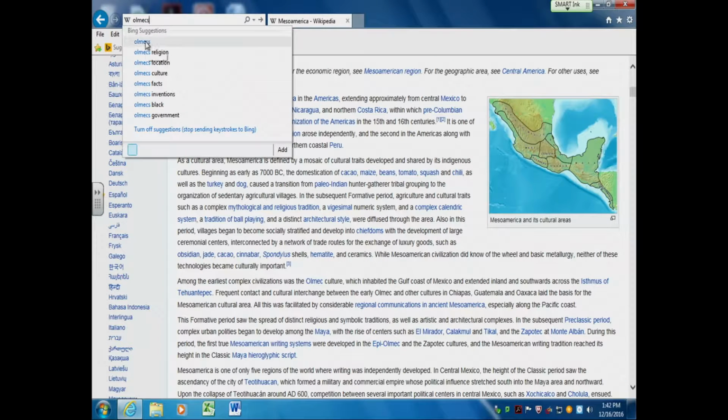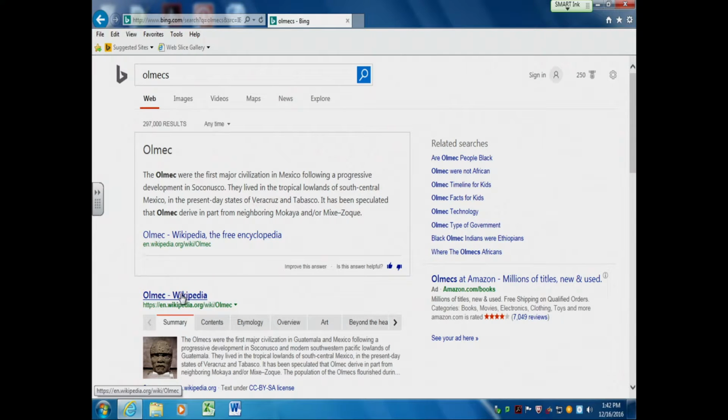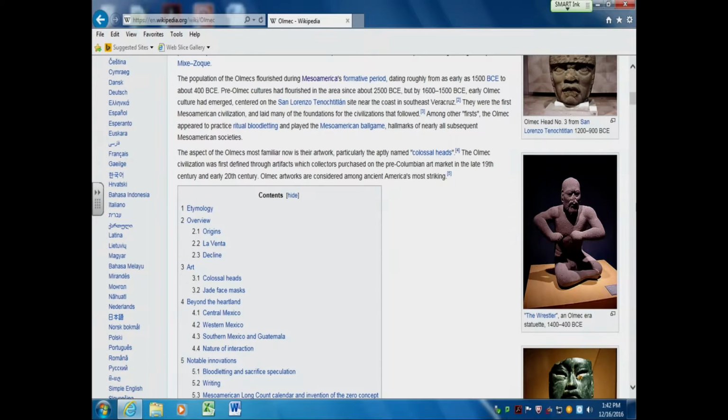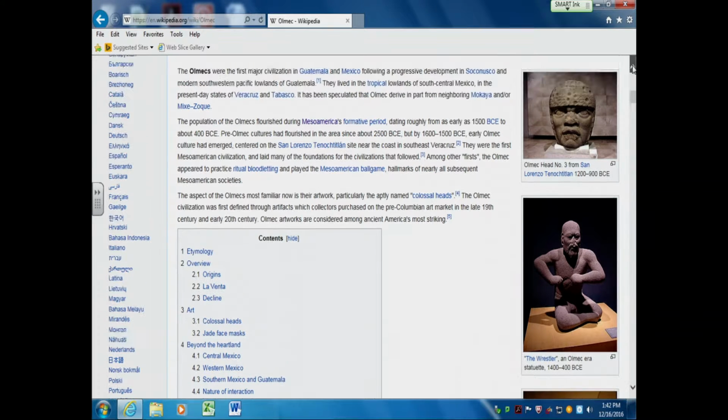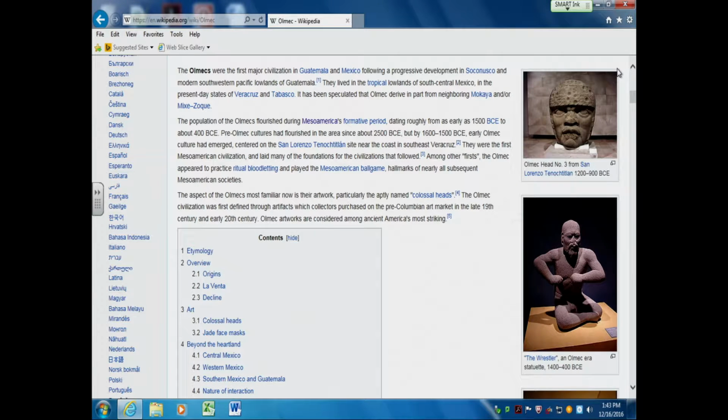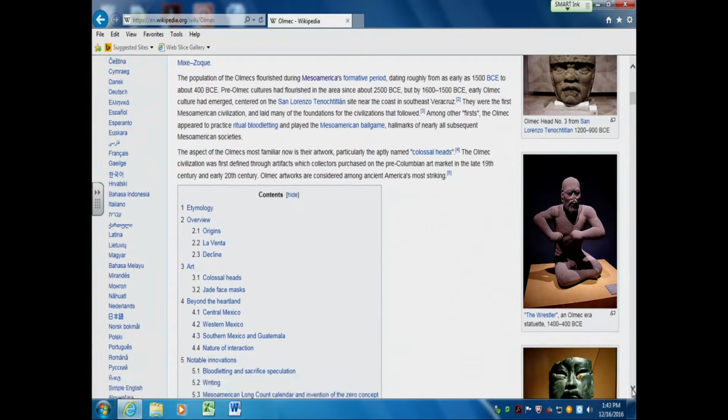Let's start out here with the Olmecs. These are some of the artwork from the Olmecs, again, artwork occurs in periods of peace and prosperity. Now this is a head. This head is about 12 feet high. So these are monumental works of art. They're not some simple little statue that was carved, and are indicative of a culture that is sophisticated and technologically adept. Here's another statue of what's called a wrestler.